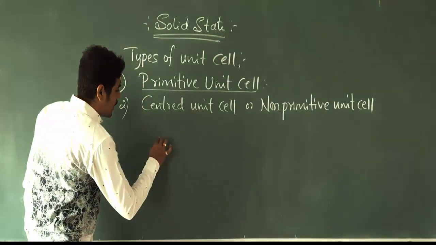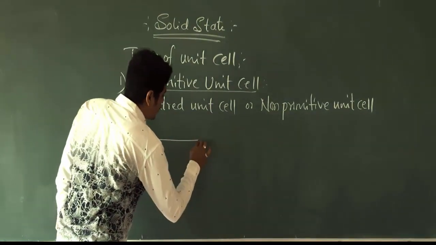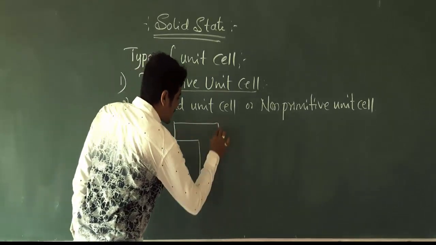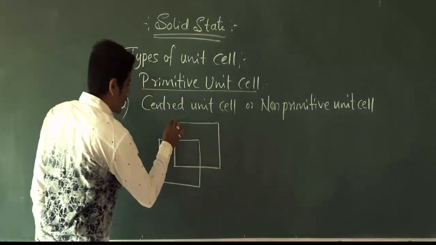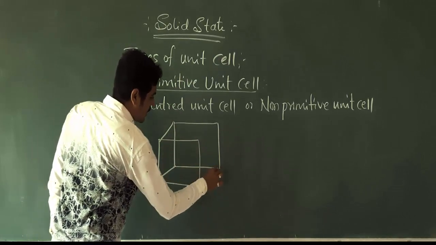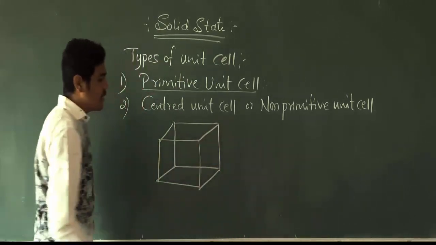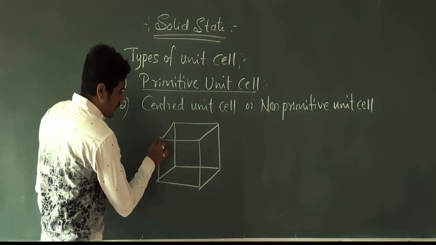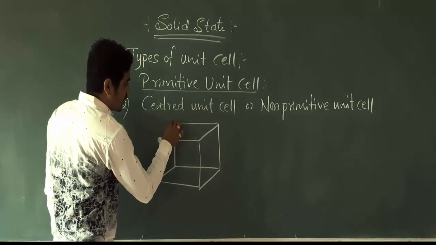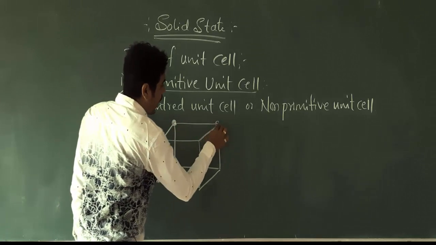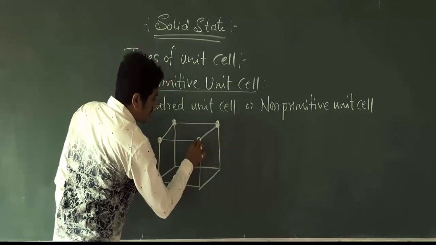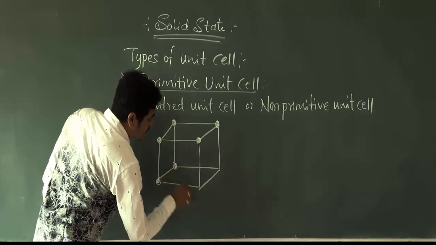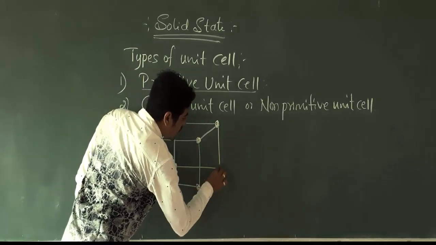For example, if I consider a cubic unit cell, it consists of 8 corners. This is a simple cubic unit cell, and these are the corners, and at the corners if I place the particles,